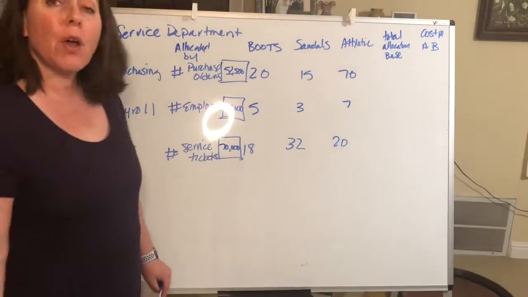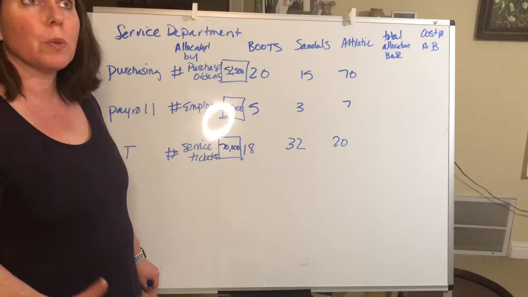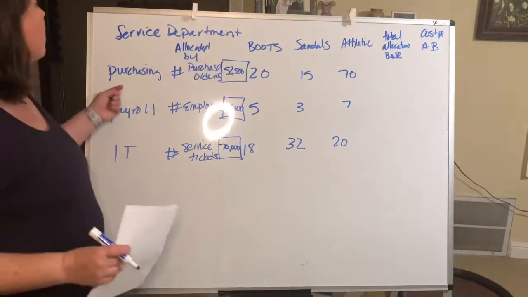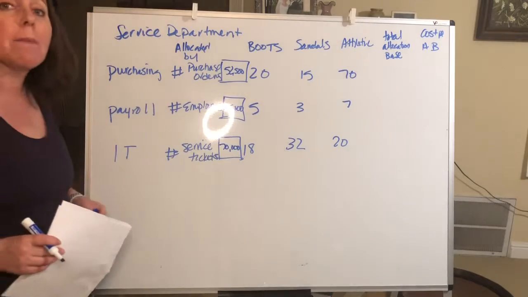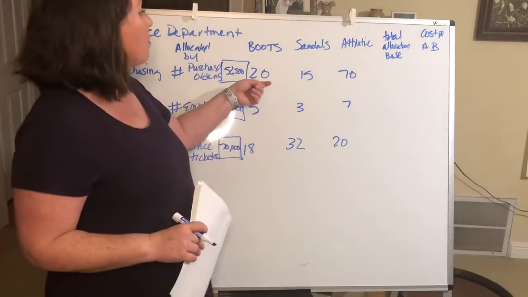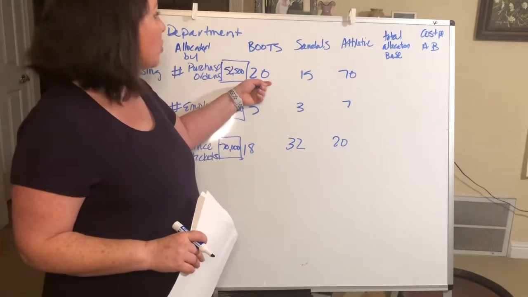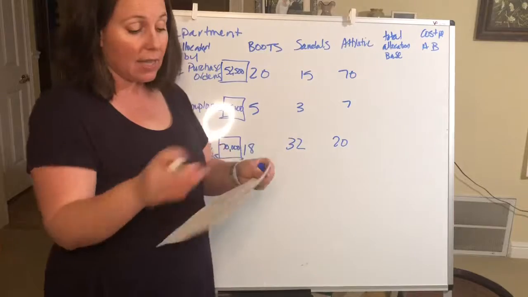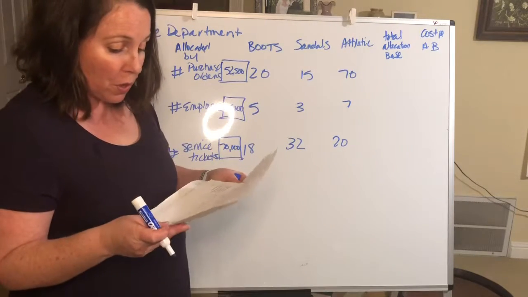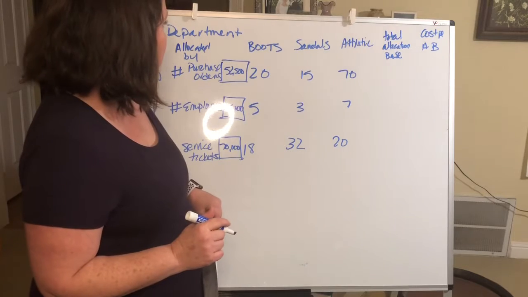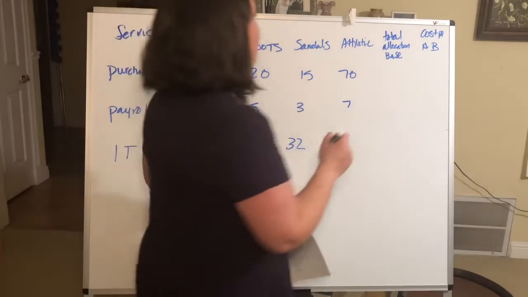Okay, now we know how much we want to allocate. Let's figure out how we're going to allocate it. Purchasing is going to be allocated based on the number of purchase orders. And we know that boots had 20 purchase orders, sandals had 15, and athletic had 70. So there were a total of 20, 15, 70, 105